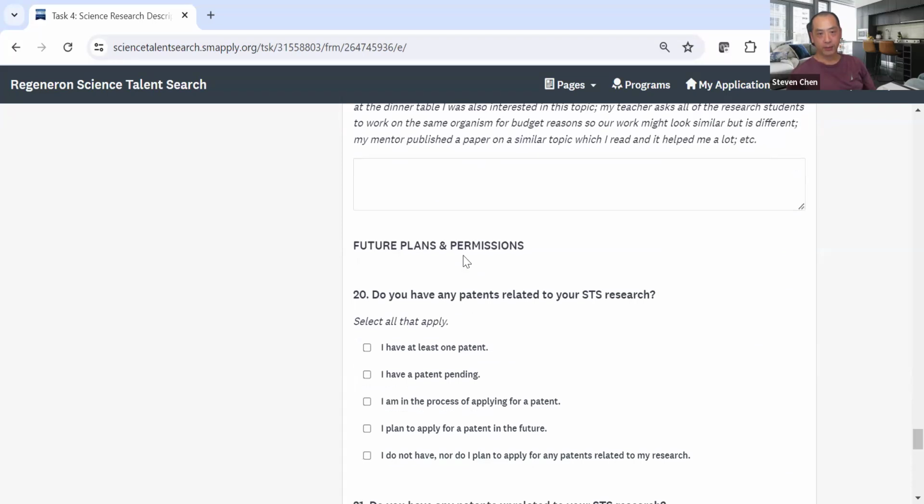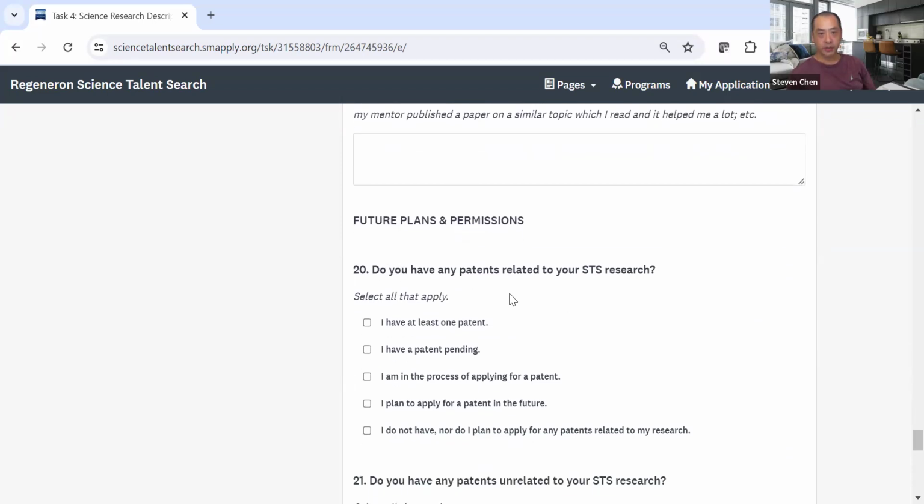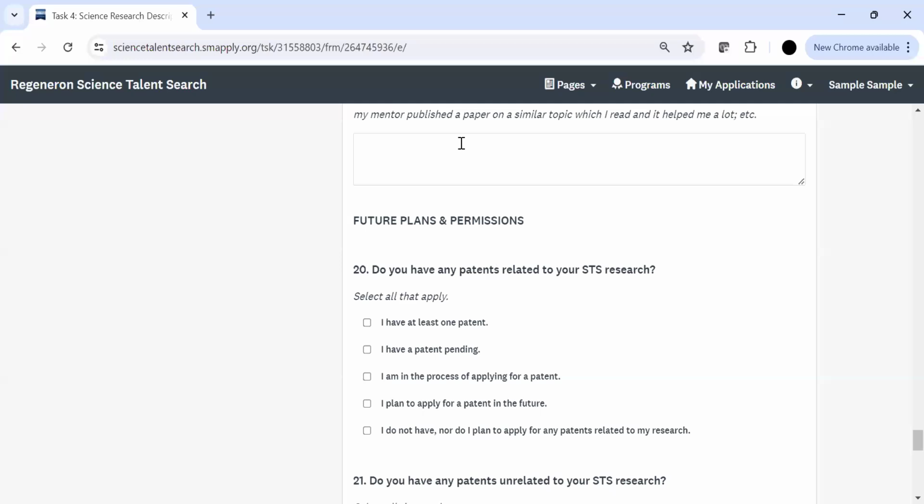And then you've asked about future plans and permission. 你有没有把你不懂的那道题问老师呀？ Right. 那你懂了吗？